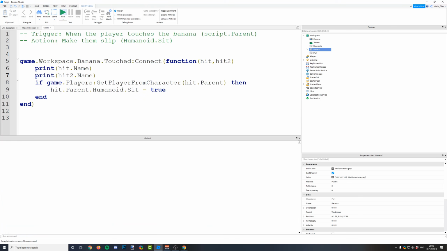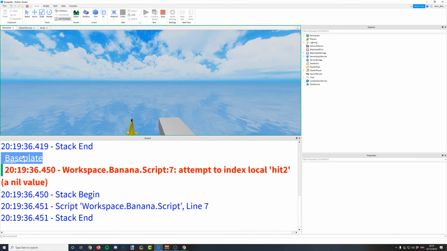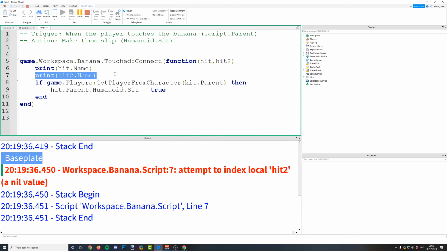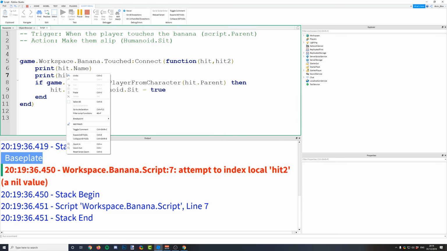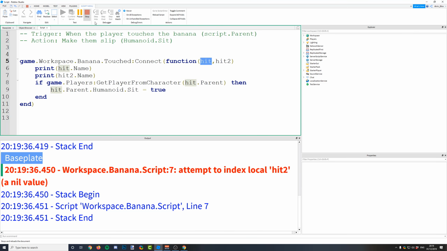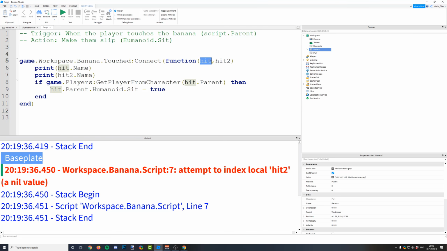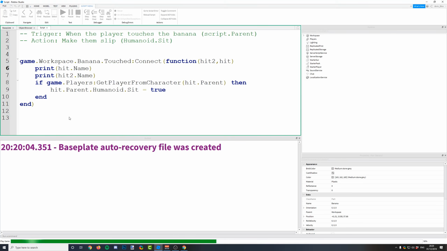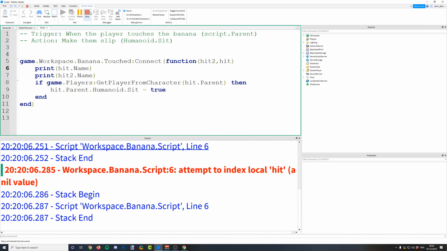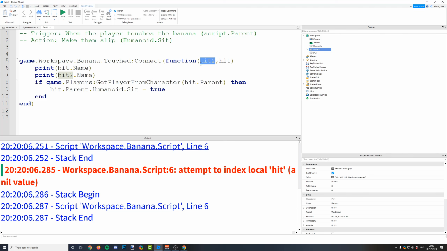But if we print out hit first, hit will get printed as base plate, but then it tries to move on to the next line, printing hit2, but hit2 is not equal to anything because nothing got passed to that argument in the function. Only one thing got passed to hit because it passes data to the first argument, and in this case there was only one argument. You could switch it round. You could make the first argument hit2 and the second one called hit, and then you could print hit, but hit is going to be nil now because I said before, it doesn't matter what you call them, the first argument